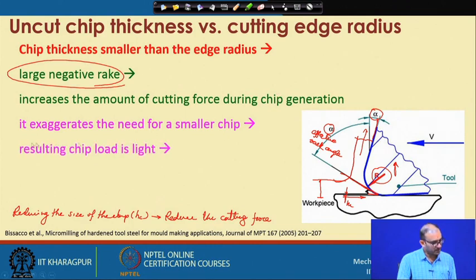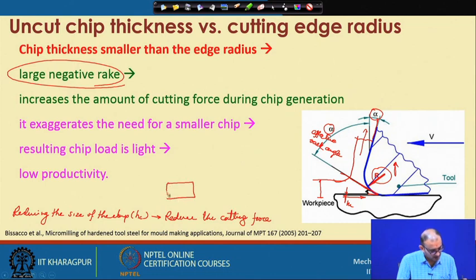and that will result in a light chip load. So chip load will be very light in this particular case. Now we have reduced that, so no problem in that case. But there is a problem in the low productivity, because now if you reduce this uncut chip thickness, then if you want to remove a very large amount of material, then you have to go through many passes in that case. So now suppose